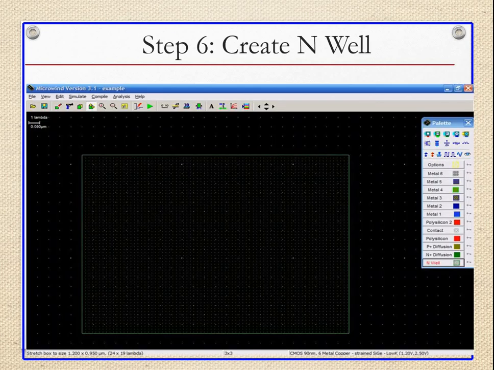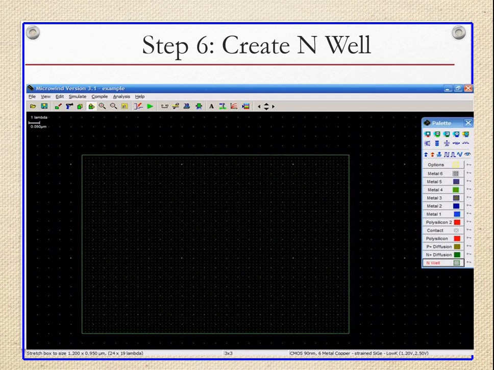So the next step is create N well. You can see in the palettes the N well layer palette is also provided, the last one. So just click over here and drag that N well on the P substrate.